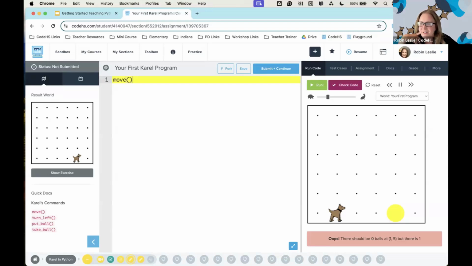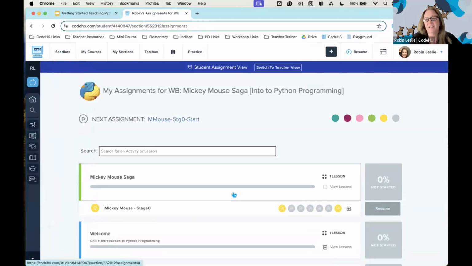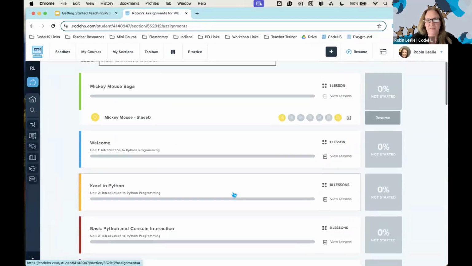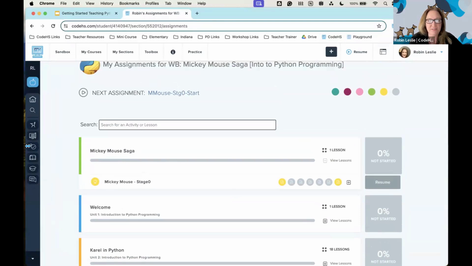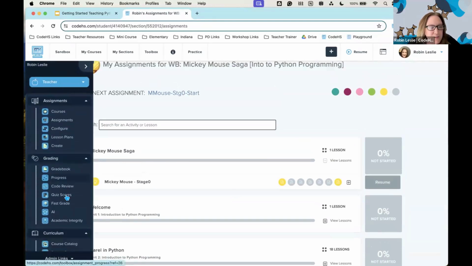Can you see our progress as we work on the program? I can see your progress as you work on the program. If I just go back here, this is where I started, and you can see all of the modules. I can go over here to progress.